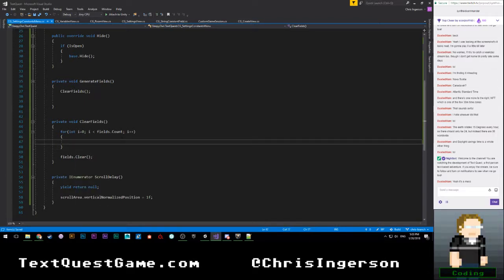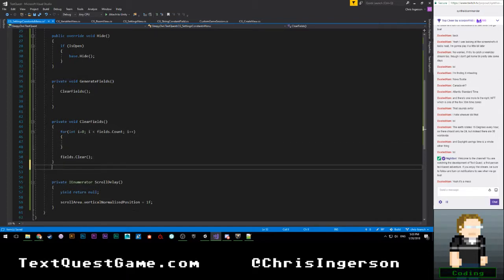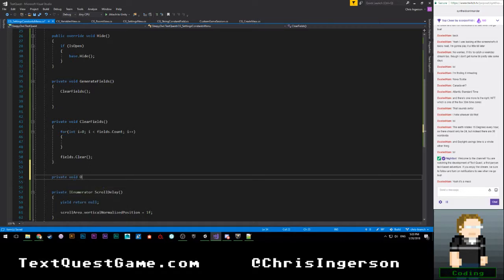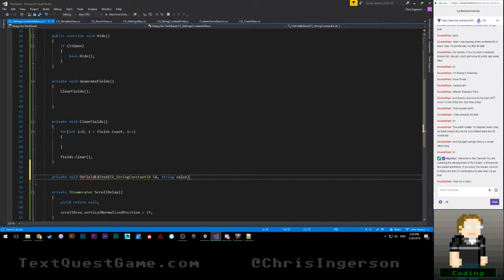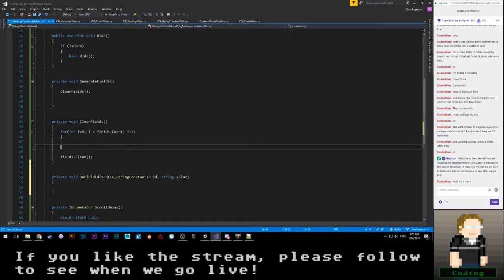Then we are going to say down here private void on field edited. That's going to take a CG string constant ID followed by string value. So we're going to say fields of i dot on value changed minus equals on field edited.